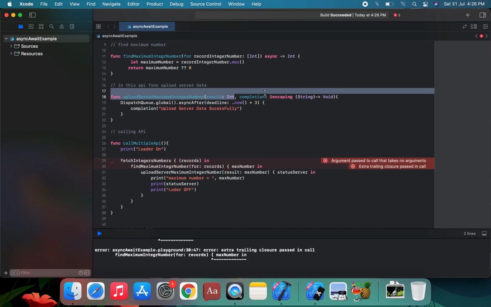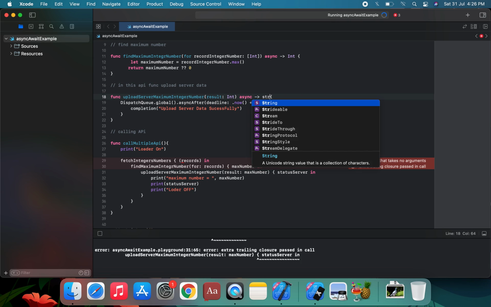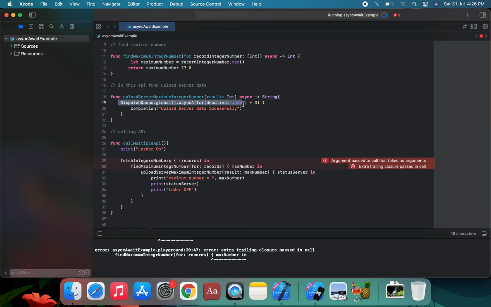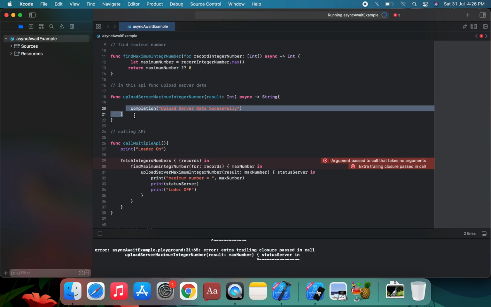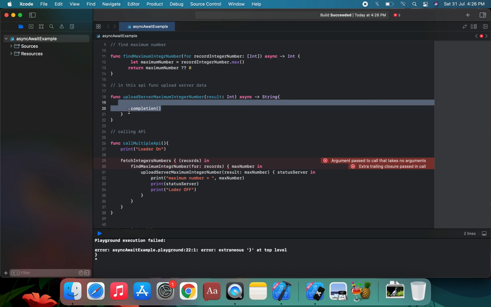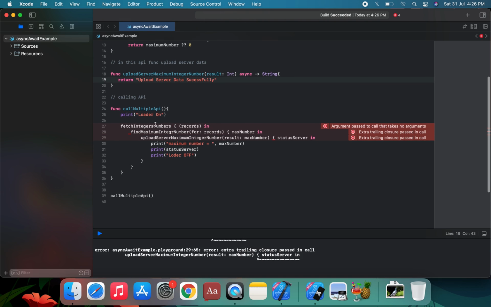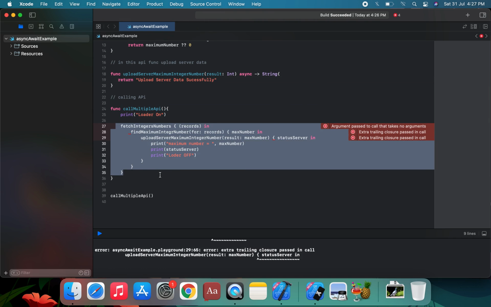The result is completion, but it's not in this use of closure in this UI. In this first condition, the function is marked async and has a string return type. The upload to the server function has a string return type, but it is not applied on this, so we can cut the string and remove it from this method, so it returns a string. Okay, there is no issue in this function, and the call on the loader is on, which does not apply on the loader is on.